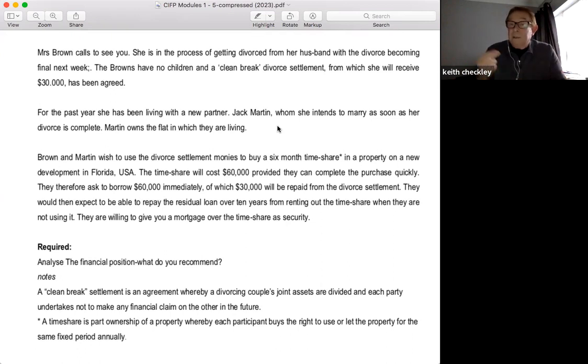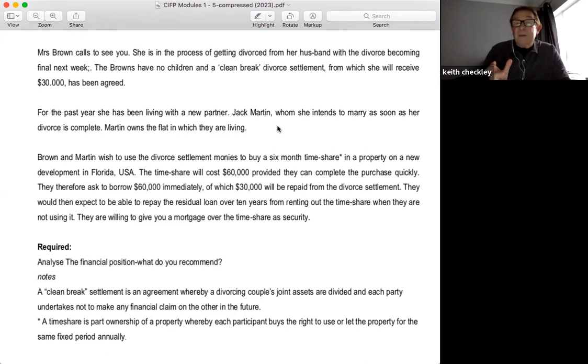So that would be another red flag, as you described it a bit earlier on. So I'm not sure about that. And my other point would be, they're saying when they can't use it, they'll let it out. But as Dimitri said, what sort of rental income are they going to get from that? Will that be fluctuating? Yes, it will. It'll depend on what the demand would be, etc. So I don't think this is a good idea at all.